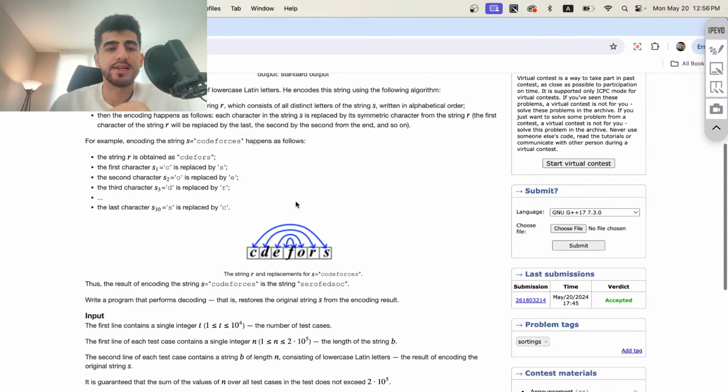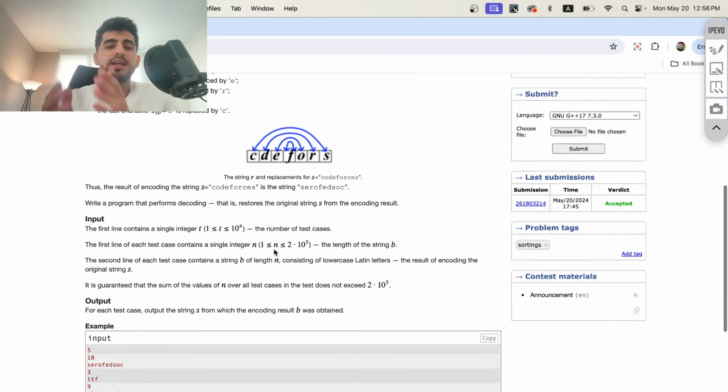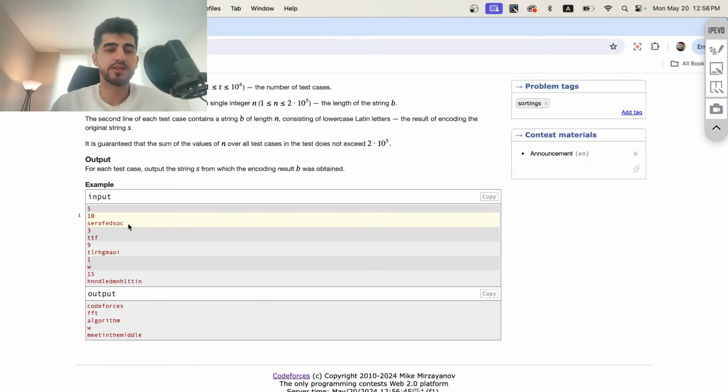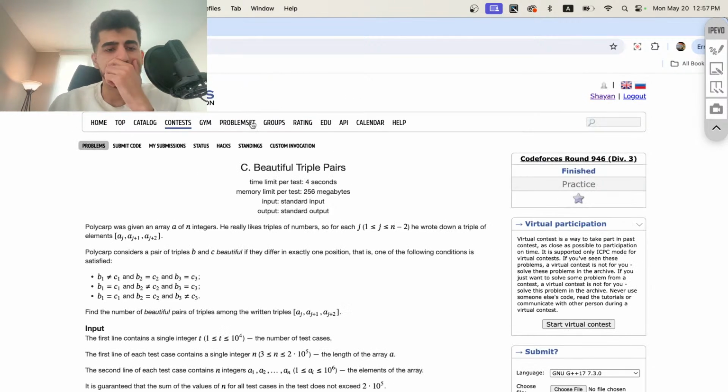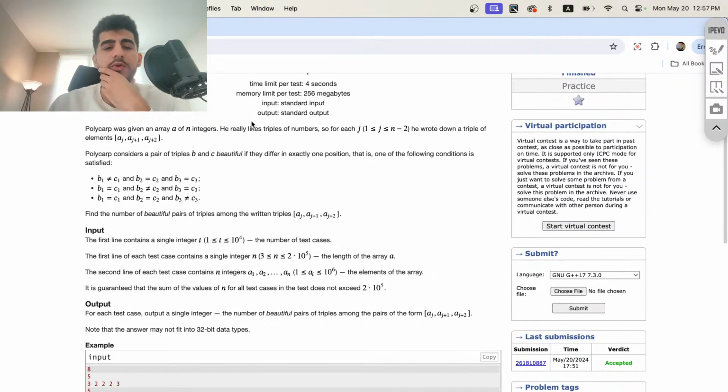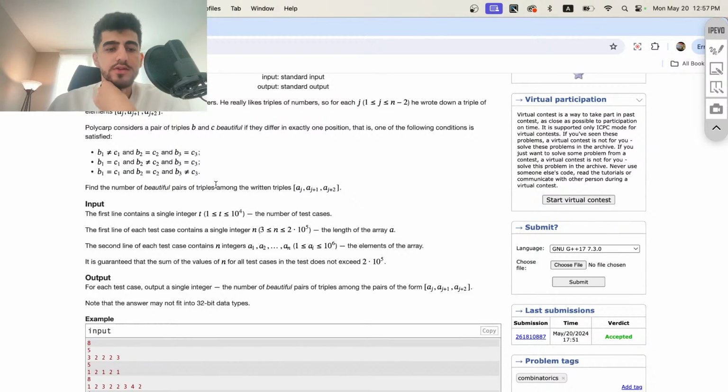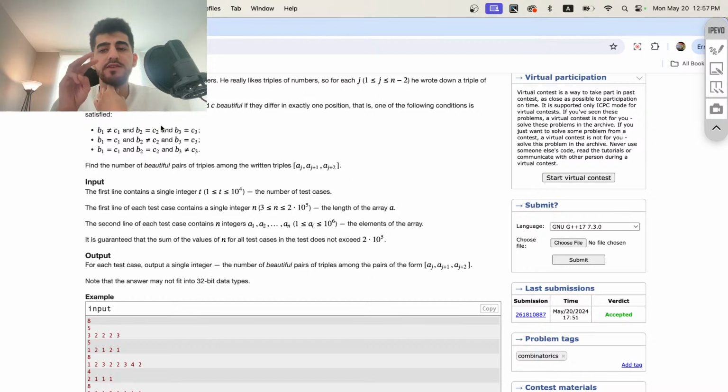For the second problem, the decoding problem, decoding and encoding are both the same procedure. So we can just save all the characters, sort them lexicographically and reverse them. I mean, find what is exactly the match for each one, and swap these two. For problem C, I use a map, and I just save how many times I have, for example, these three elements in a row,